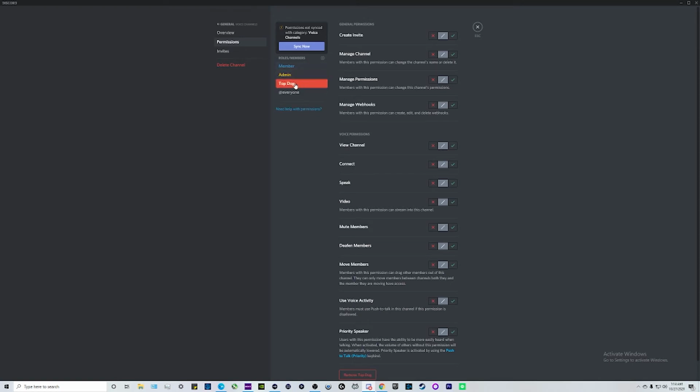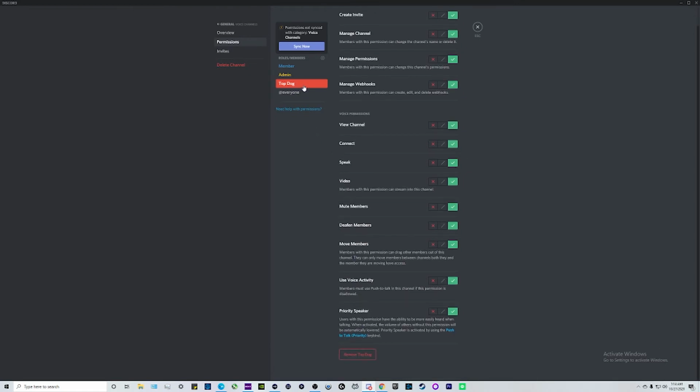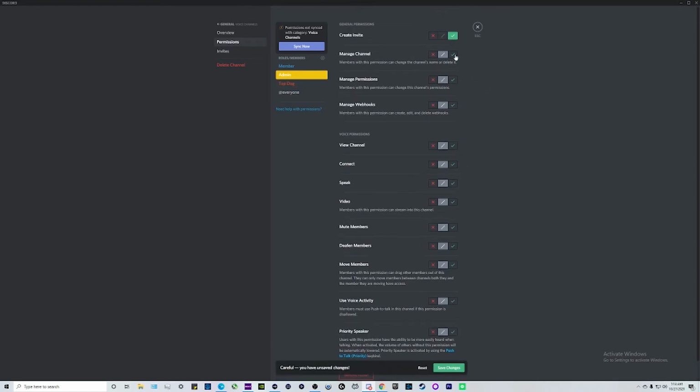And then starting with top dog, I'm going to allow them to do whatever they need to do, which is you, the creator of the server. I'll save changes. I'm going to do the same thing for the admin. But again, this is all personal preference, and this is all up to you and what you want each member to have the ability to do.